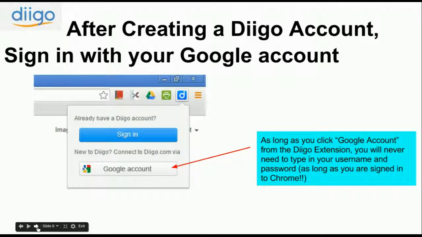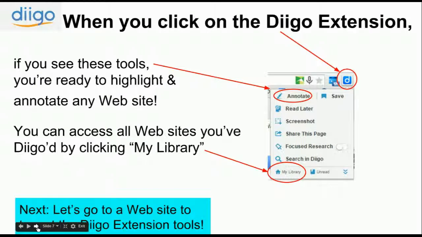With that part out of the way, now anytime you're on the web and you want to access and use the Diigo extension, you're going to click on that little D next to the URL bar, and you're going to click on Google Account, and this will allow Chrome to recognize who you are. So when you click on that D, you'll see some tools that drop down. The most useful ones are probably going to be the Annotate button, or going back to the My Library area